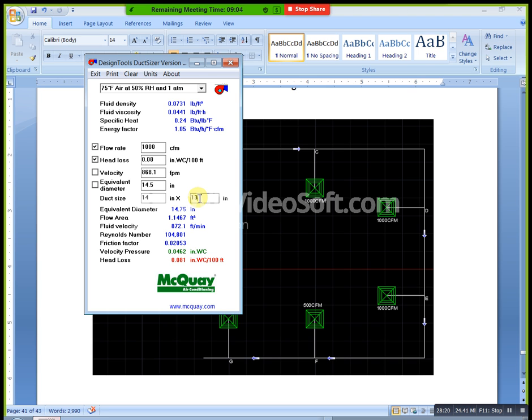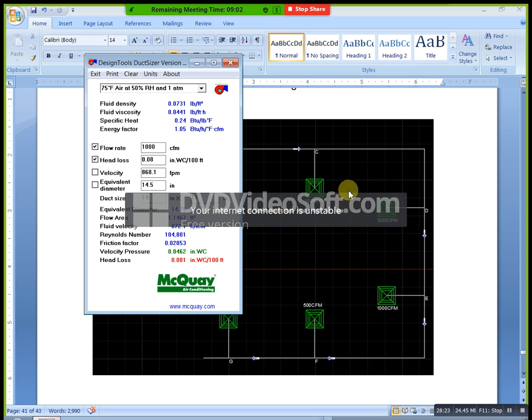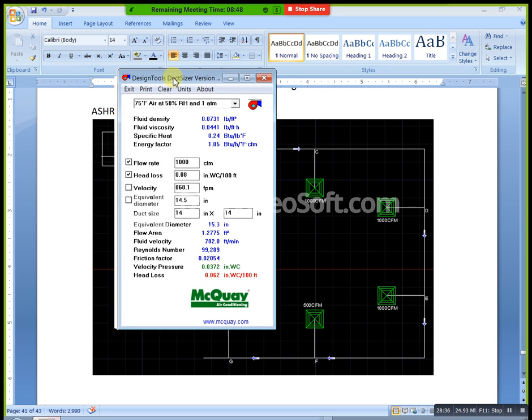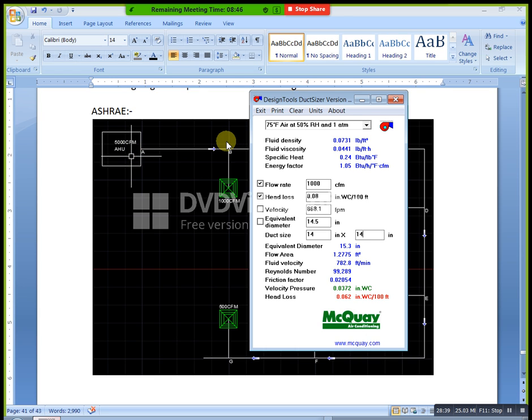When you start your duct sizing, first we have the A to B section. When you do the A to B section, in that condition you definitely need to check your aspect ratio. Aspect ratio means AR is equal to long side by short side. What is our first size? 46. 46 inch by 14. Just divide 46 by 14. How much did you get? 46 divided by 14 is 3.2. That means less than 4, accepted. For example, we will take the next one.